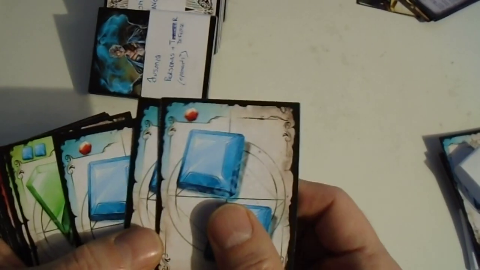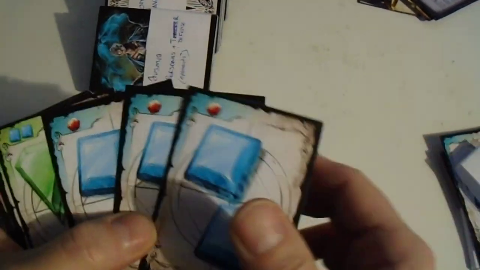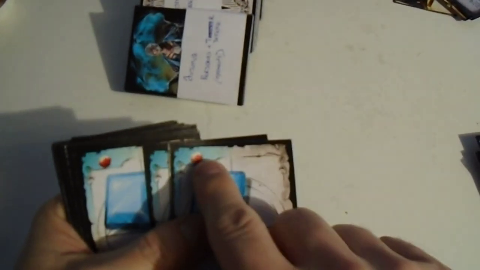These cards, I sorted them out for presentational purposes. They're all called power, so they're easy to identify. The rest is not called power. Yeah, so if you spend a red gem, you can buy this card. When you buy a card, it goes into your